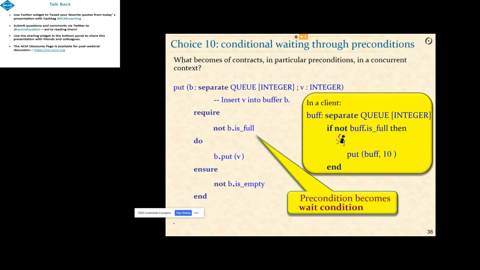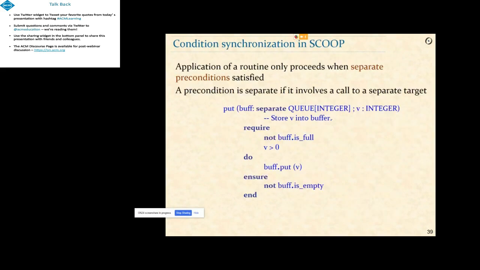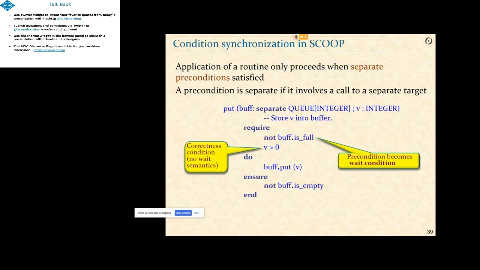Now, the part where usually people are shocked is that the semantics of non-separate conditions, like the second one here, v greater than 0, where v is an integer, doesn't change. It still remains a correct condition because either v is positive now or you can wait forever. It's not going to become positive. But the first one is a wait condition, and this is the way SCOOP deals with waiting on a certain condition. And of course, this goes with the previous mechanisms in the sense that you can wait on several objects satisfying several conditions. So it's a very general mechanism that gives you a completely general